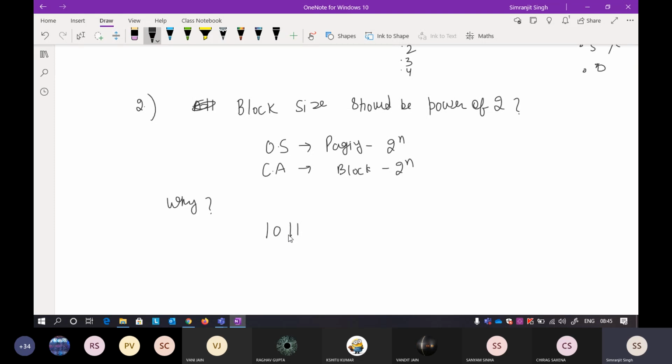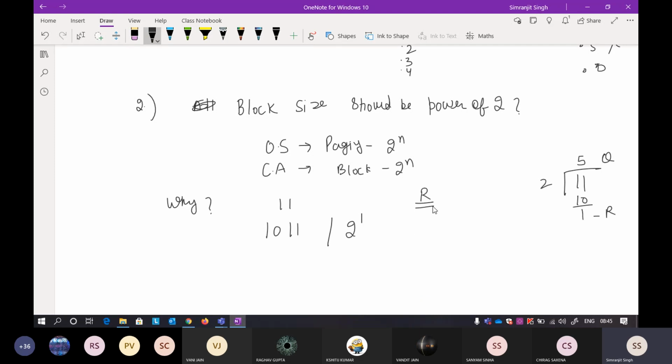Suppose I divide this particular number. What is the number here? This is 11. If I divide 11 by 2 raised to power 1, which we already know is 2, what is the answer here? This is your quotient. The quotient here will be 5, since 2 fives are 10, and your remainder here is this. Now take a look at it.